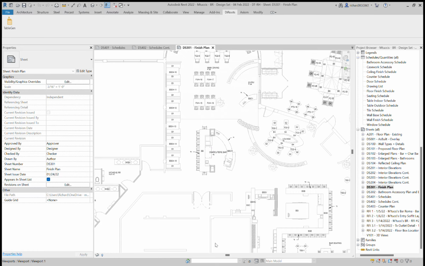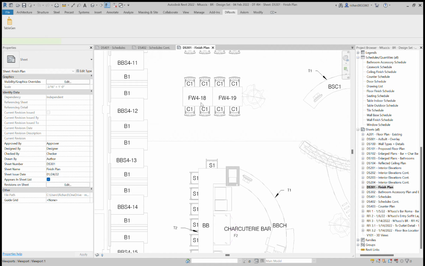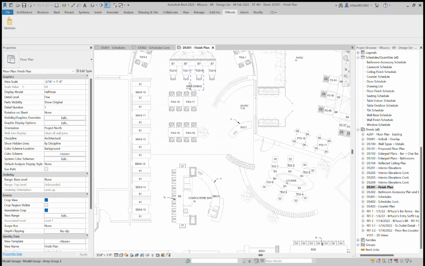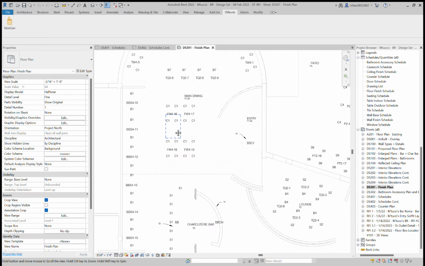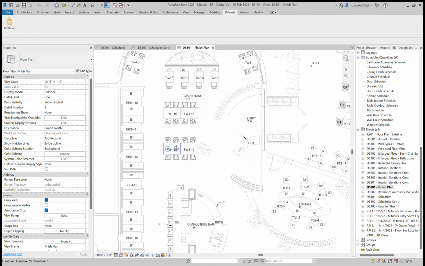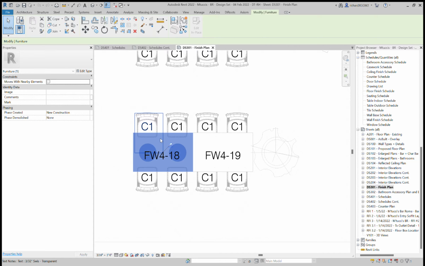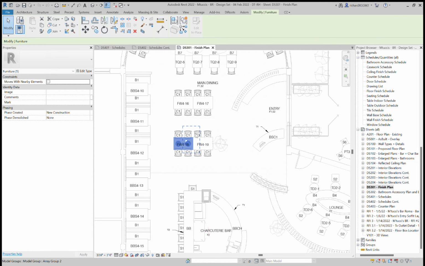In case these families were created massed in place and then copied and pasted over and over to create a floor plan like this, or in this case, a furniture plan. It isn't ideal to start the project like this. However, I think it's a good idea to use this plugin towards the end of the project, in case the project has been developed this far into this level of detail without these elements being